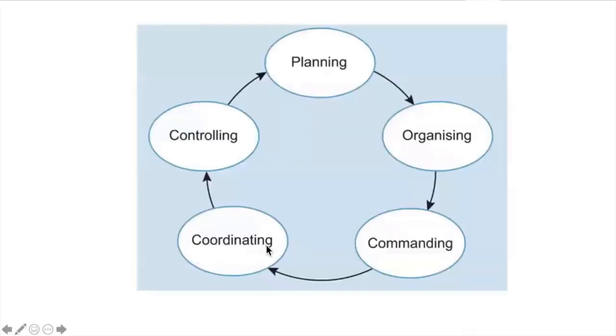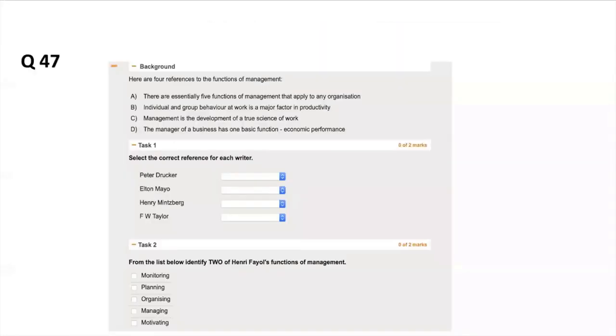So he said that the 5 functions are planning, organizing, commanding, coordinating, and controlling. And I remember myself, in order to remind them, I used to say POCCC. So planning and organizing, the abbreviation P and O from planning and organizing, and then commanding, coordinating, and controlling, POCCC. So let me go back and see which ones from these 5 that Fayol noted in his theories are present. Planning, organizing, commanding, coordinating, and controlling.